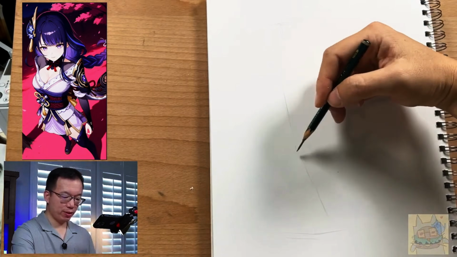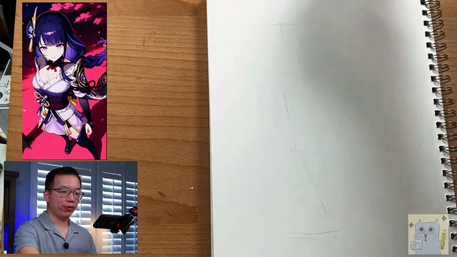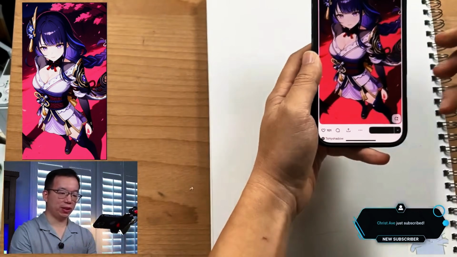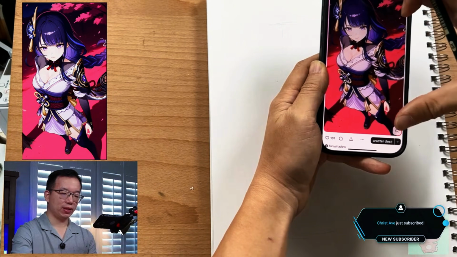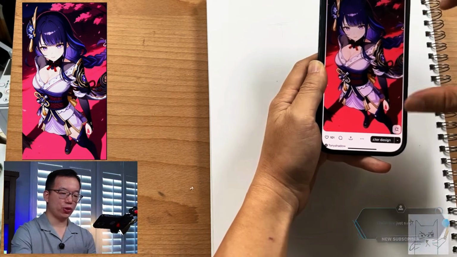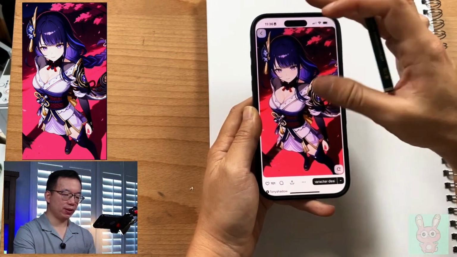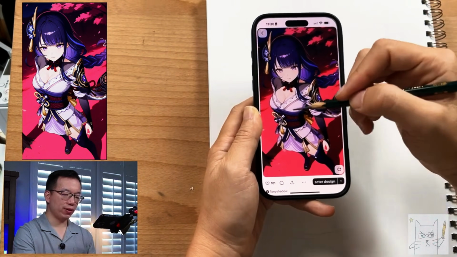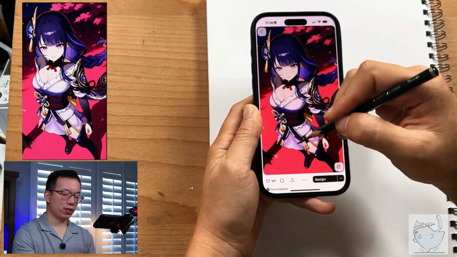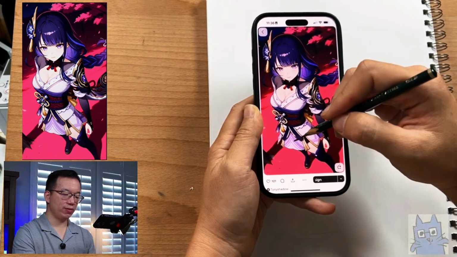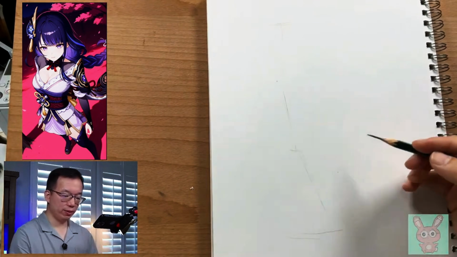So usually you start with finding the halfway point. In the full body, that halfway is the crotch here. So you try to imagine where this point is, because there's a pretty severe foreshortening going on. Really imagine how the model is looking. It's a top-down view with a top-down perspective. So pretty much the V crotch is right here. That's where you anchor your